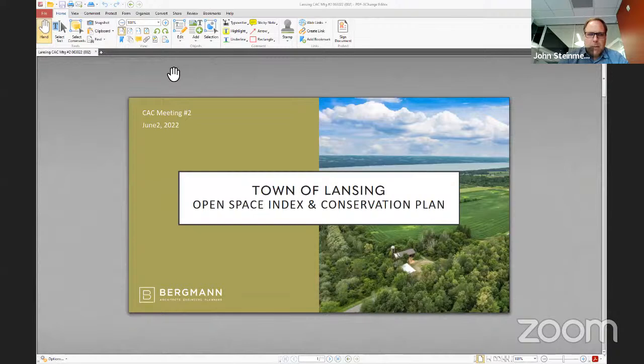If we can, I can't see where we can share a screen. If we can't, it's not a big deal. We can just have a conversation. We don't always have to use our PowerPoint as a crutch, but we always like to use it as a focus. I think you should be able to share your screen. At the bottom should be a green button. There we go. Yep. Thank you. John, you got it? Okay. Did everyone see that? Yep.